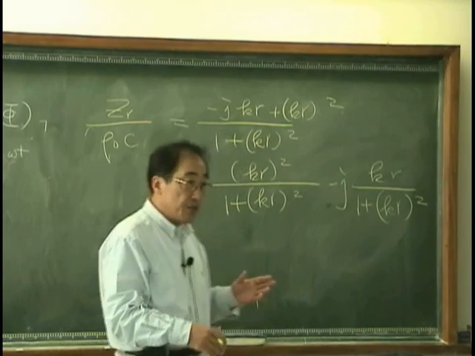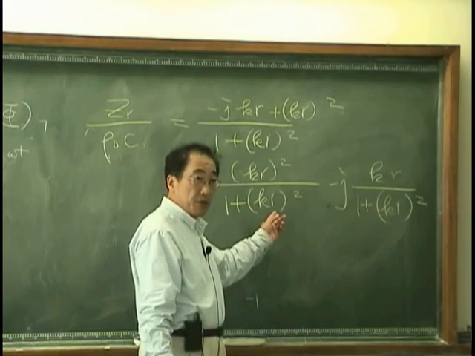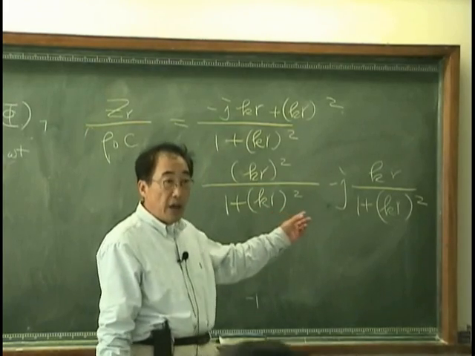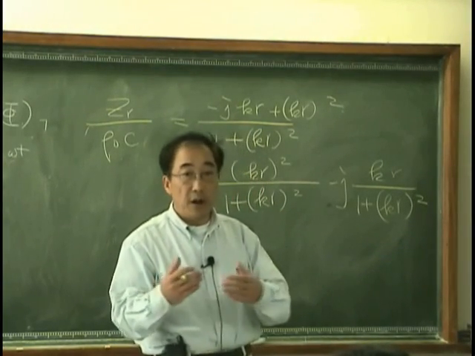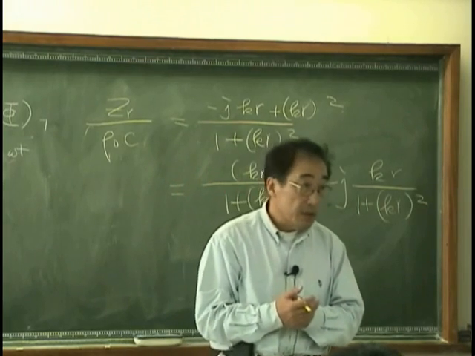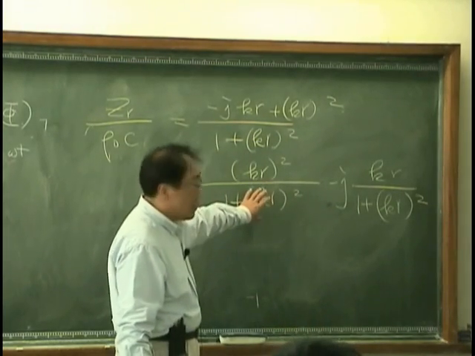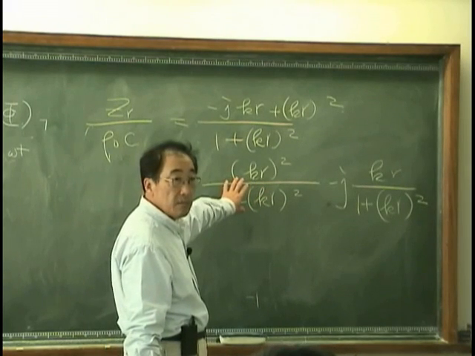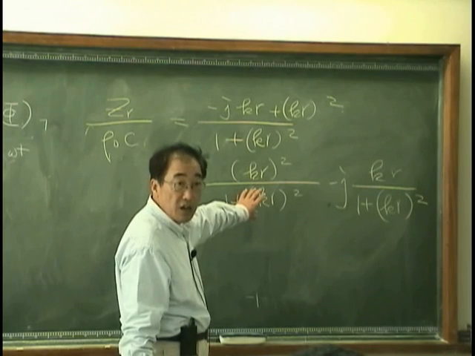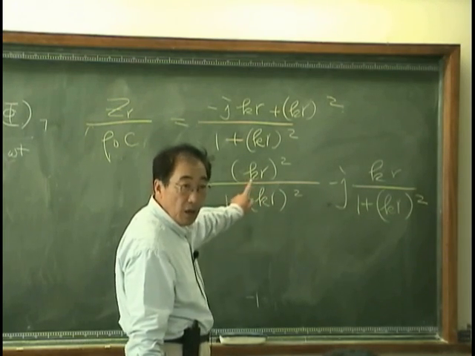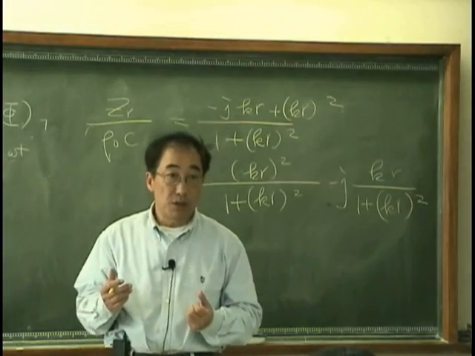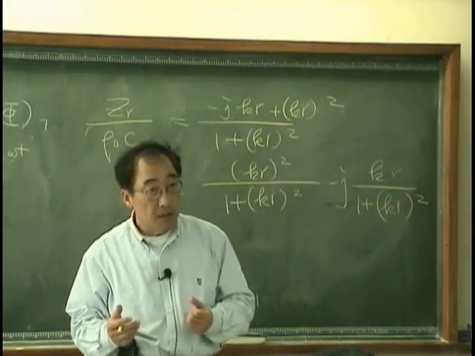Or when KR is very large, means that I am observing the field very far away from the origin. In this case, this approaches 1. That means impedance is the same as the characteristic impedance of medium. That means